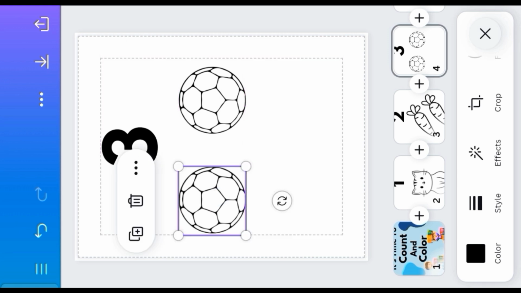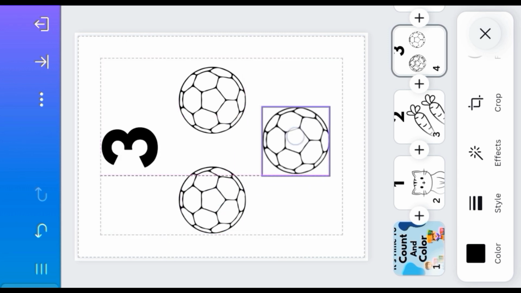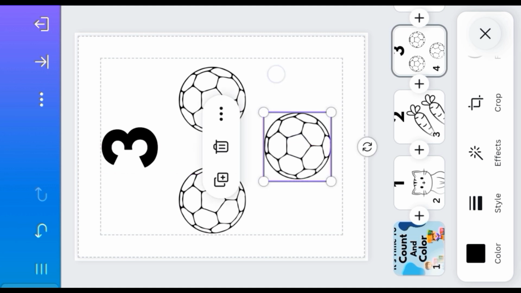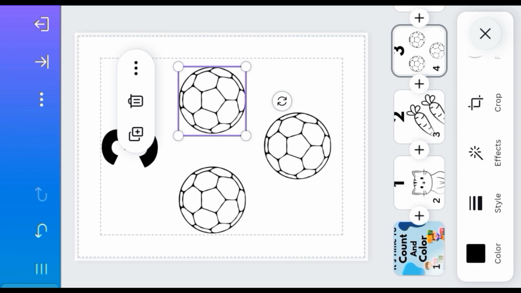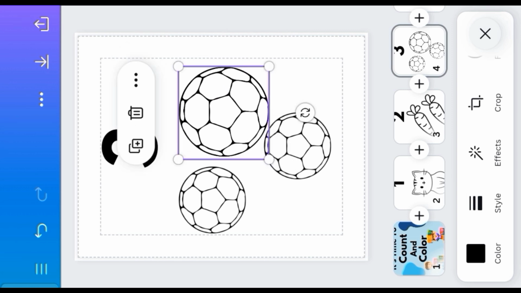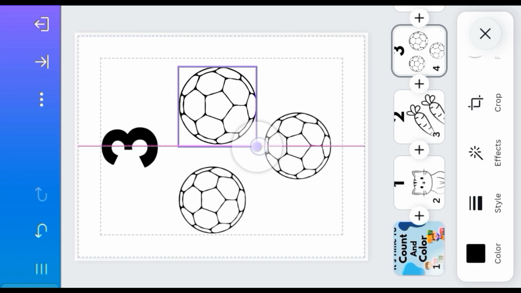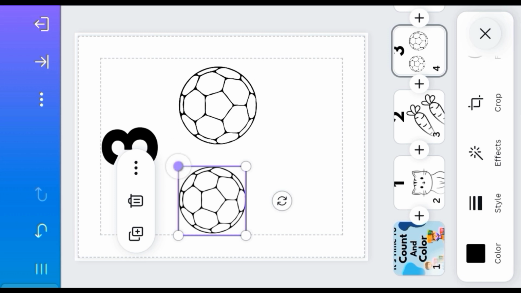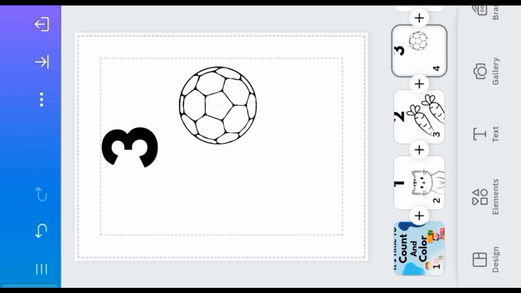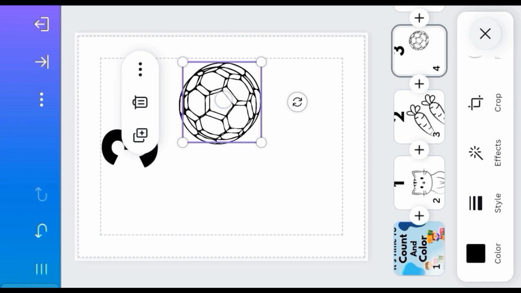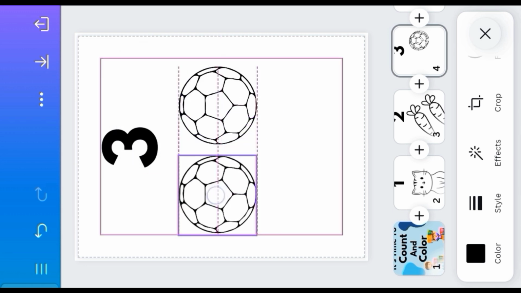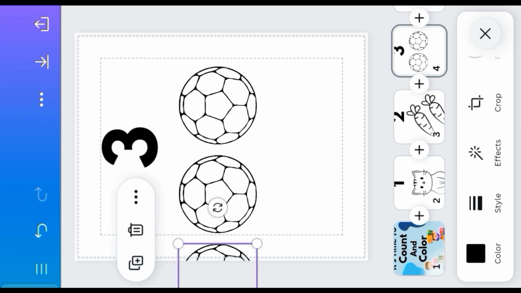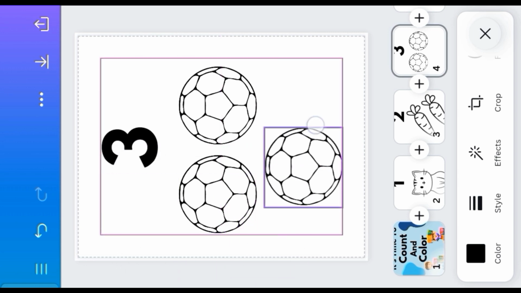Then I duplicate another one. Then I fix it here, making 3 balls. But let me increase it a little bit. I've increased this a little bit. Then I will need to bring it here. Then I duplicate. I bring it here,